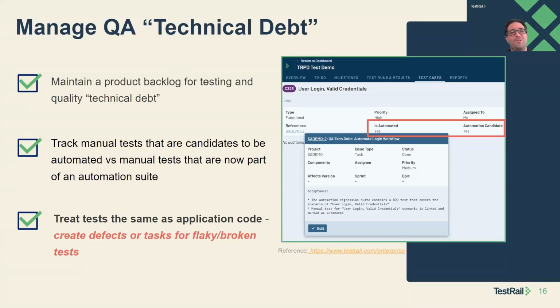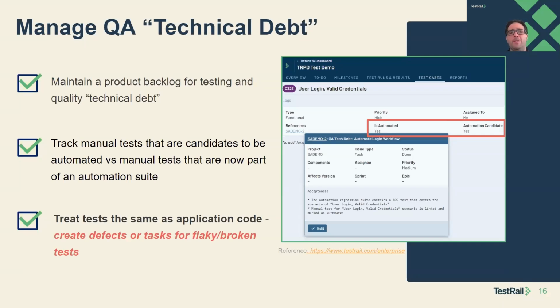Me saying that was a good transition to this slide. One of the big things that I've seen, with both a high amount of success and a lot of challenges across multiple teams I've been on, is how we manage QA technical debt. This is not as customer facing, to the point where people are actually using software. It's related to both product ownership and product management, on how we focus efforts and what we're going to prioritize, because that's always part of it. What features do we work? What do users want? What is the team going to put effort to? One of the biggest things that really lacks both communication and visibility for effort and focus in the team is how we tackle QA or test technical debt.